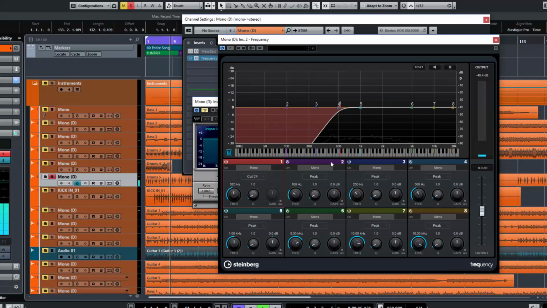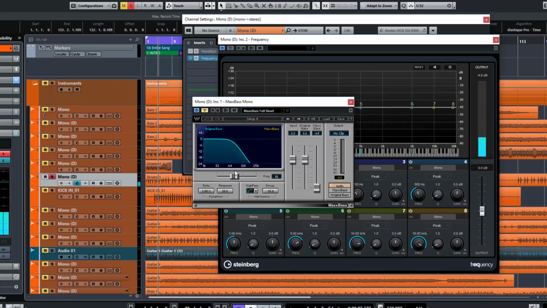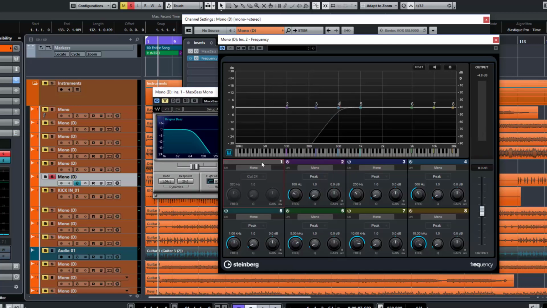Turn on frequency. We just get this little tick. Now if we turn that off, you'll see our fundamental is about here. It's about 75 hertz. So in theory, if we leave it in the default state of 80, this should be pretty good. So we're going from this